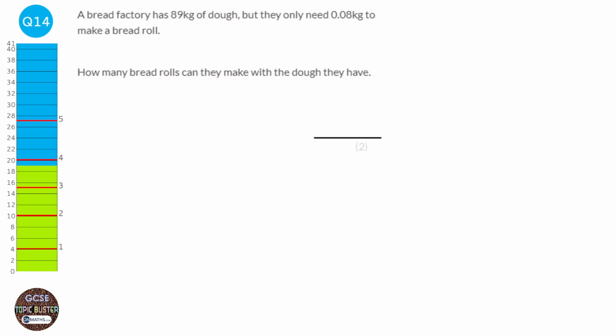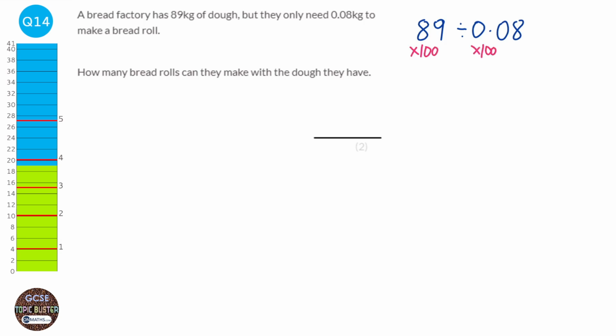We've got 89 kilograms and it takes 0.08 kilograms to make a bread roll. Something we can do is convert these into grams, or we can just keep it at kilograms, but I've got a neat little trick. And the trick is, if you've got a decimal when you're dividing, as long as you do the same thing left and right, you can multiply them by 10 or 100. In this case, we're going to multiply both by 100,